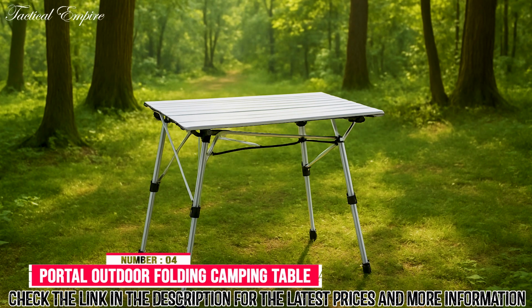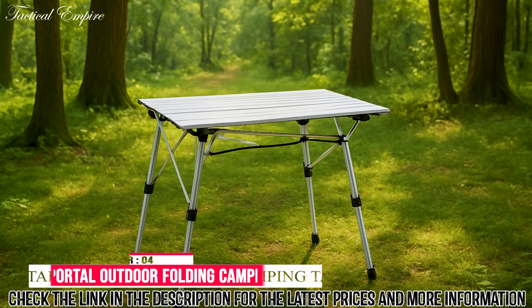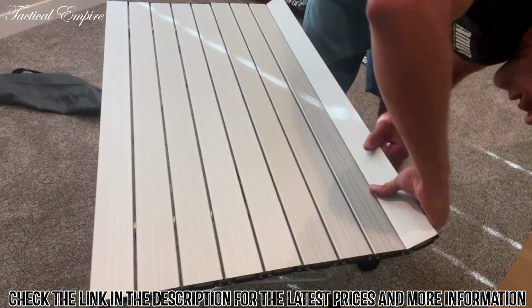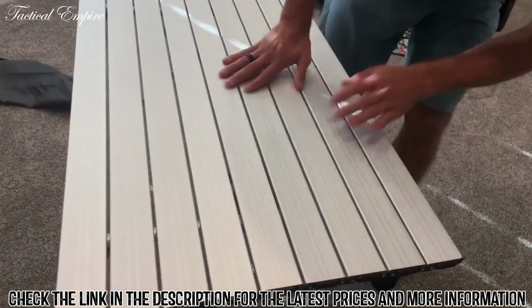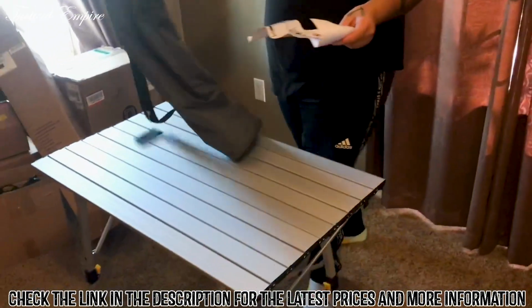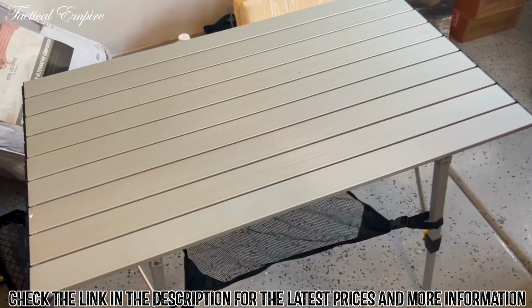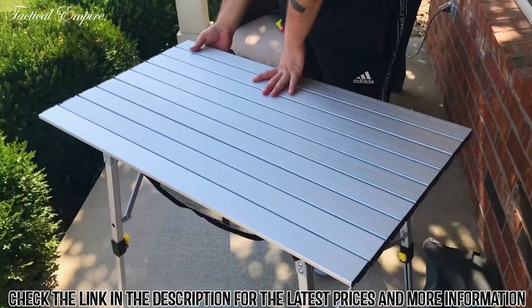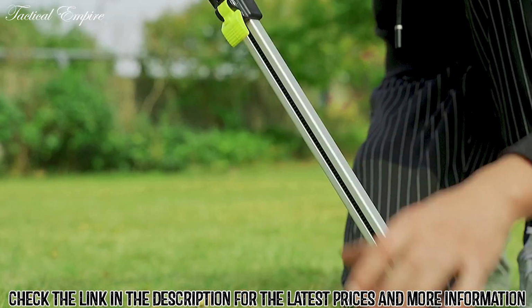Number 4. Portal Outdoor Folding Portable Picnic Camping Table. The Portal Outdoor Folding Camping Table is a versatile and reliable choice for your next outdoor adventure. Built with telescoping aluminum legs, it offers adjustable height to handle uneven surfaces and meet your needs, whether you're dining, prepping, or relaxing. The aluminum roll-up tabletop is sturdy and easy to clean, while non-skid feet add stability on all